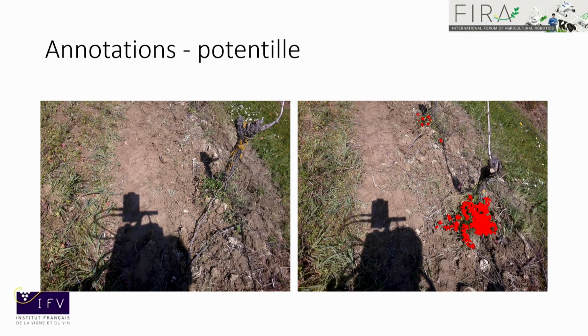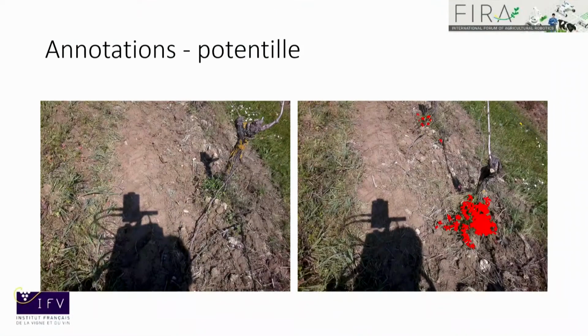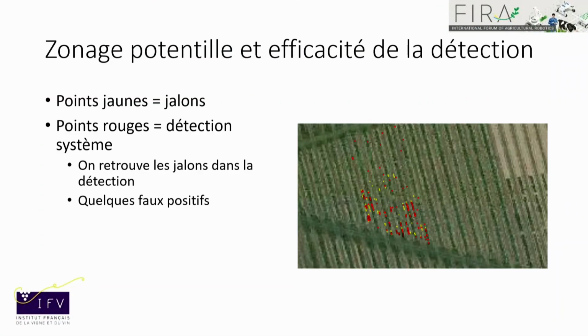So this is what we've done here on the so-called potentilla, because it's a perennial weed, and so it could have been any other weed actually, which we think is detrimental to the vine. It could have been quack grass as well. So we have been focusing. We have put some milestones and